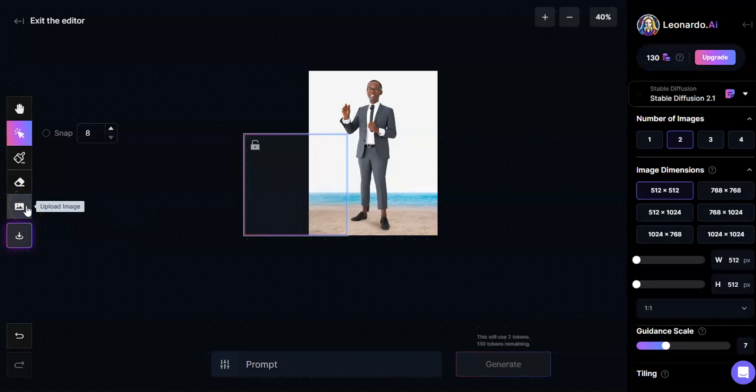This one will help you to upload an image, which I'll go over in another video. And this one, when you are done with editing the image and it's what you want, you can download it straight from here. Once you do that, you exit the editor. But the original image will be the only image that's there. You will not be able to exit the editor with the modified image